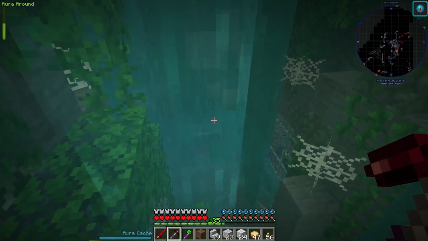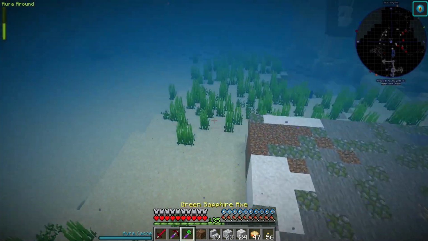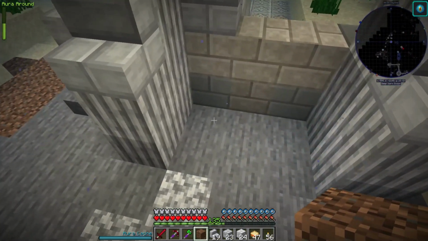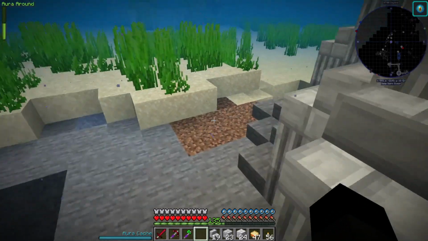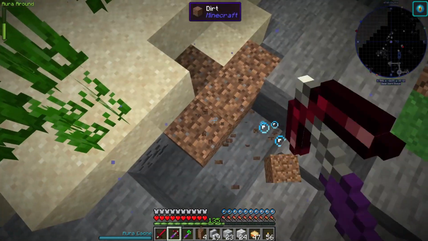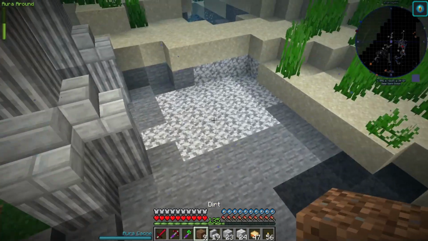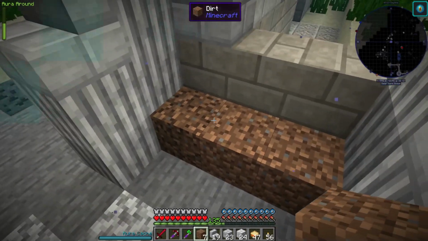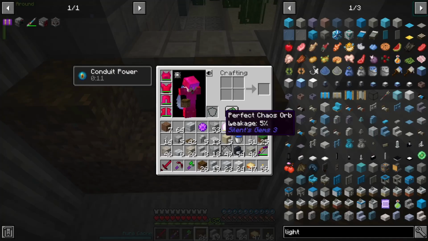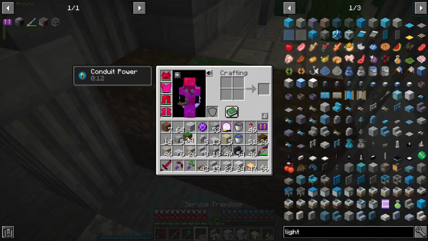So let's get out and... oh, it's not like I'm desperate for dirt. I don't know why I'm hunting around for it, but... you know, we'll stick a bit of coarse dirt down and we'll grab a little bit more dirt from... I mean, I can borrow this for now. Yeah, it's not important. And that can go down. Then we'll throw down a bit of podzol, maybe a couple of podzol, and we'll have one living dirt in there. And then we'll...